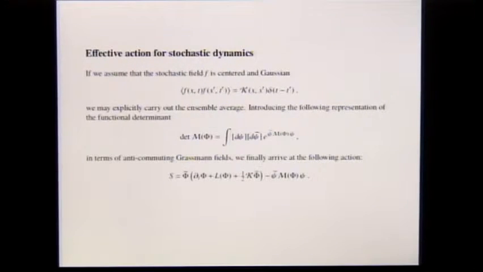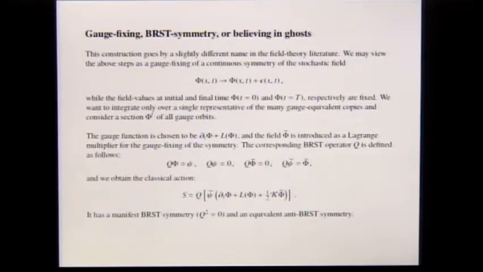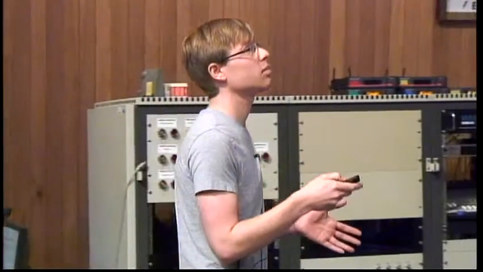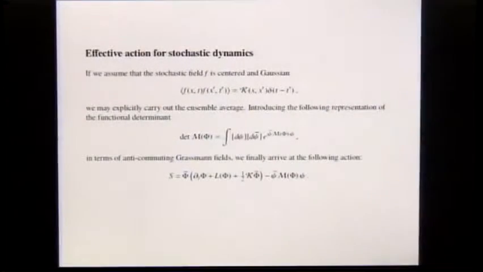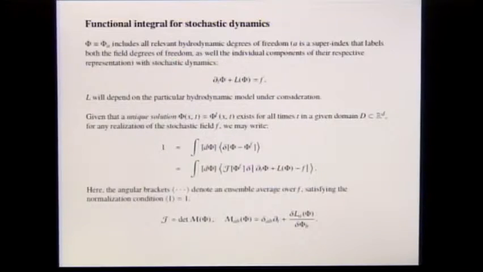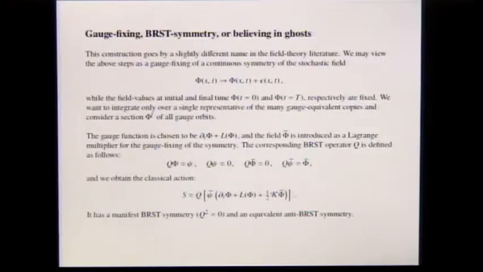Now, you might guess that we have overcomplicated things because we started with one set of hydrodynamic variables, but now we have 3 more, a so-called Lagrange multiplier field, 2 Grassmannian fields, which are not necessarily conjugate to each other. Why should we do this? Well, as already said, this gives us the possibility to modify this action for purposes to highlight specific field configurations that might dominate the dynamics in a given sense. So this equation of motion down here.